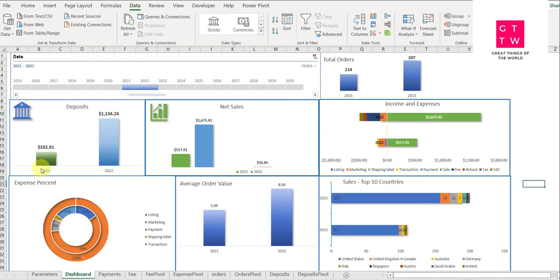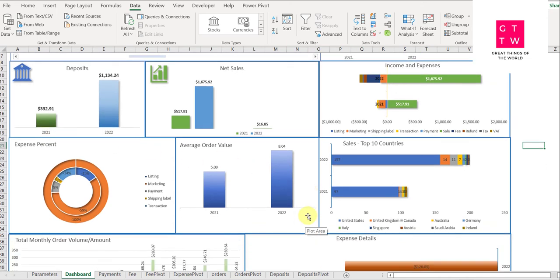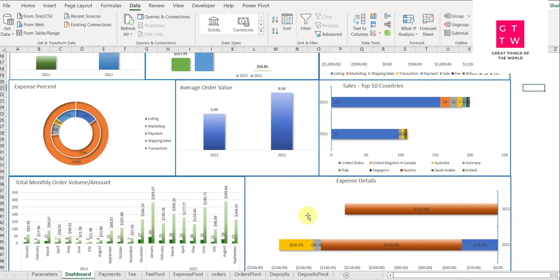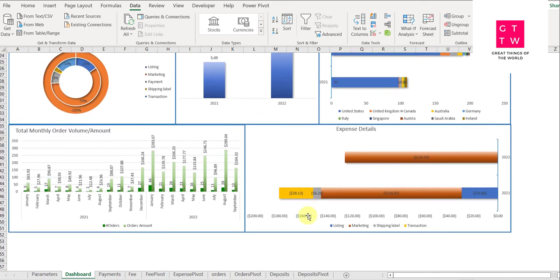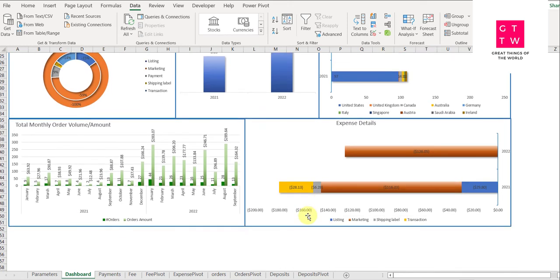years. Now you can see the total deposit done in 2021 and then in 2022. Similarly, you can see net sales and the different income and expenses, the number of orders placed during that year, the top 20 countries, top 10 countries, and the average order value during different years. So you have got visibility of quite a good number of